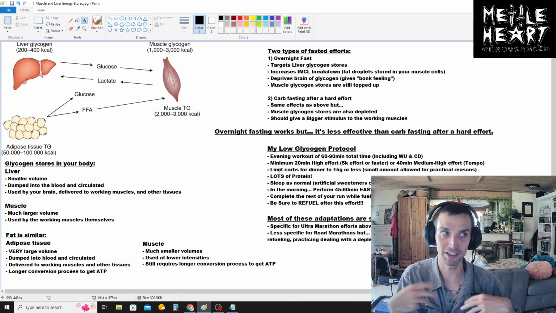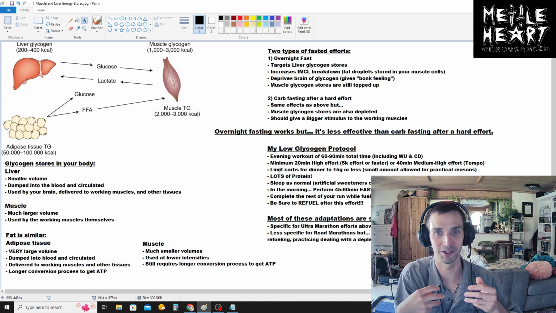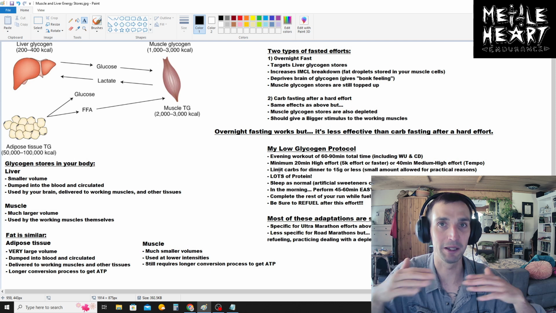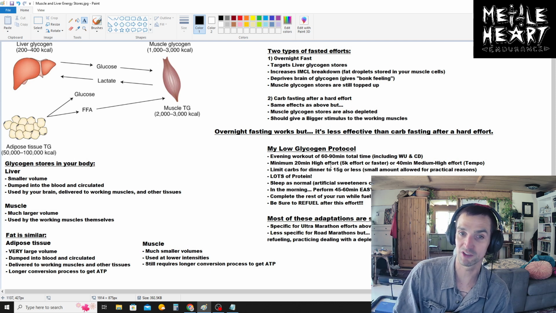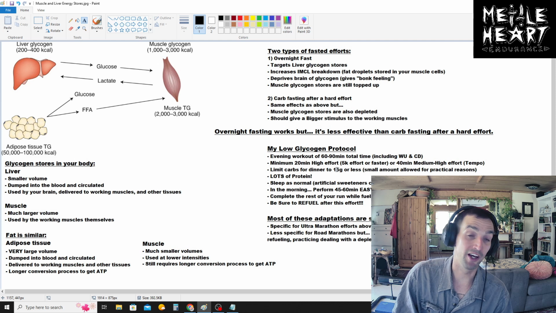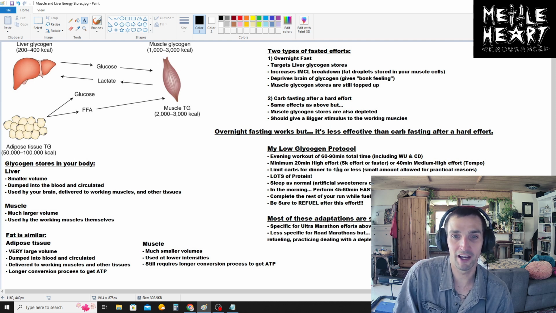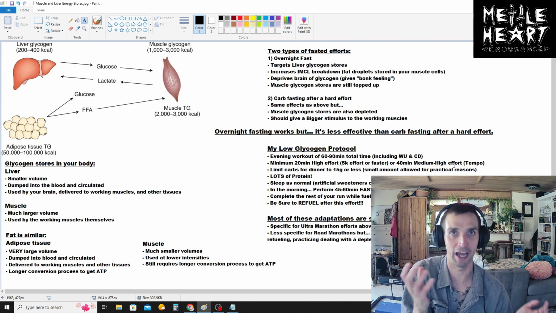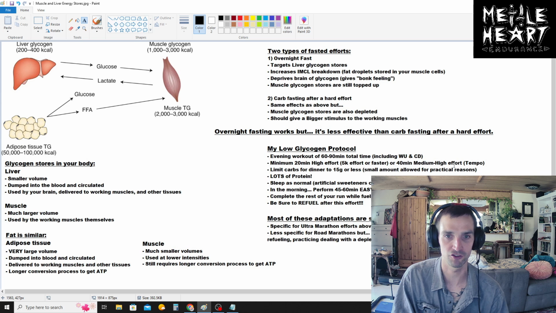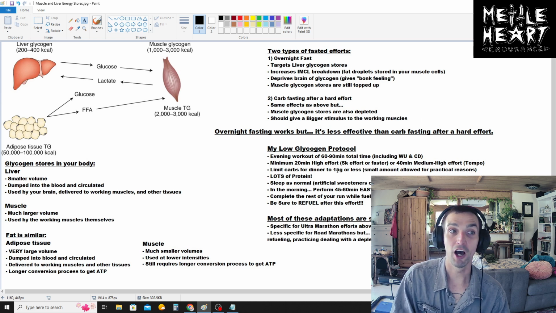So if we don't give our body that carbohydrate, it's going to limit the amount of glycogen it can put back inside the muscle. So I normally limit this to about 15 grams. I've done even 5, 10, or 0, but I'd say 15 is a good maximum, and that's really just for practical purposes because it's hard to make a meal that feels at all satiating with absolutely 0 carbs. It's really, really challenging. So for me, this is like a cup of Brussels sprouts,